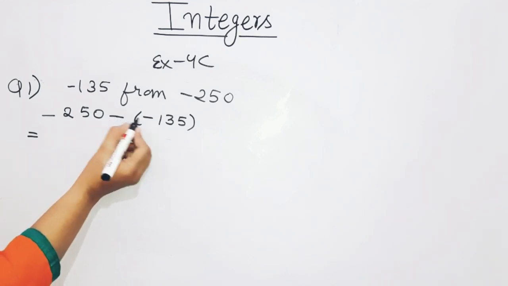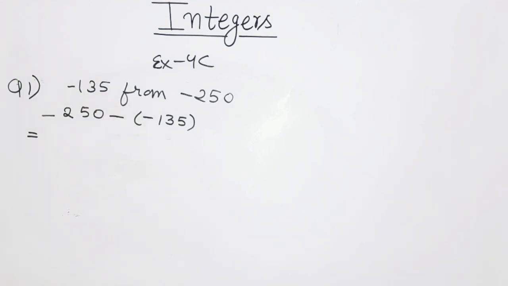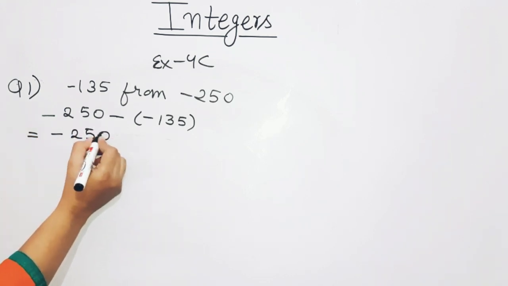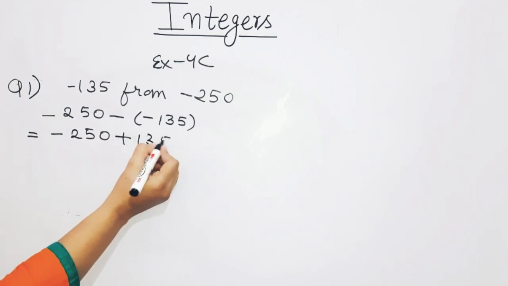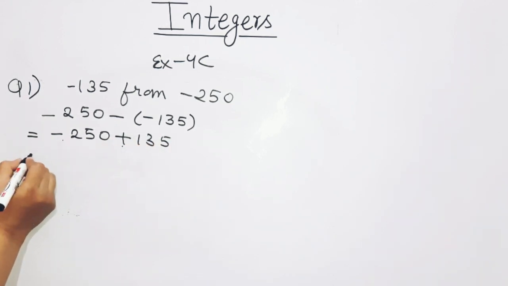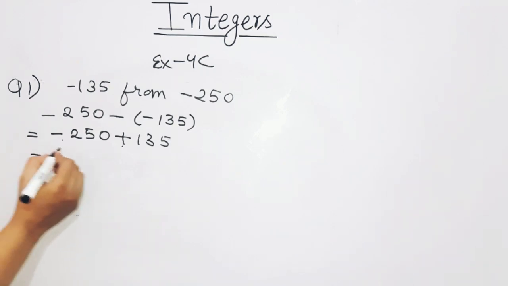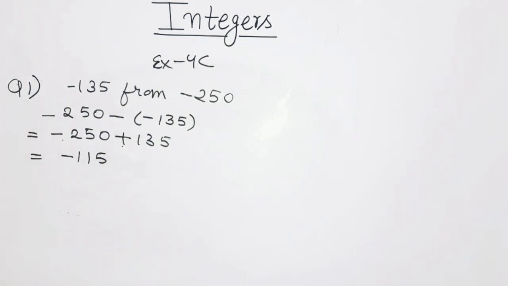So you all know that minus... please pause the video and tell me, minus is what? As per the rules explained by me, minus is plus. So one integer is positive, one integer is negative. What we have to do in this question now? We have to subtract and the sign of the greater number will be applied. So the answer is 115, with a minus, because the sign of 250 is the greater number and the sign of the greater number is negative. So I think we have done in this exercise till question number 2, right students?